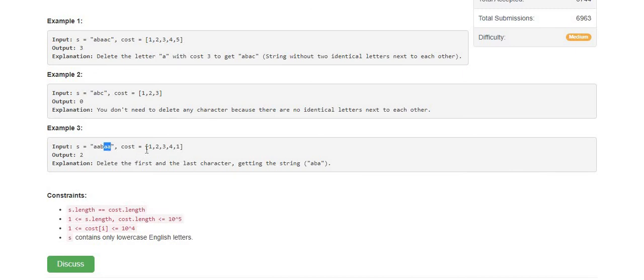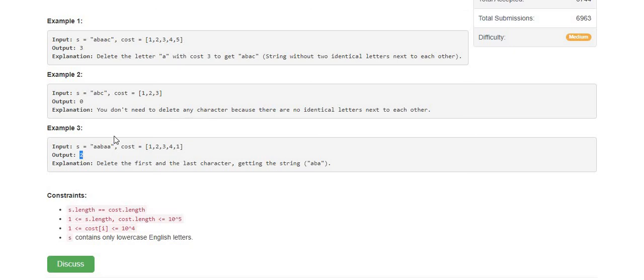So if I want to delete any of these A characters, I have 1 or 2 as a choice. 1 is the minimal, so I will delete the first occurrence. Again for the last AA characters, I can have 4 and 1, so I can pick the last character A. So 1 plus 1, that's why the output is 2.